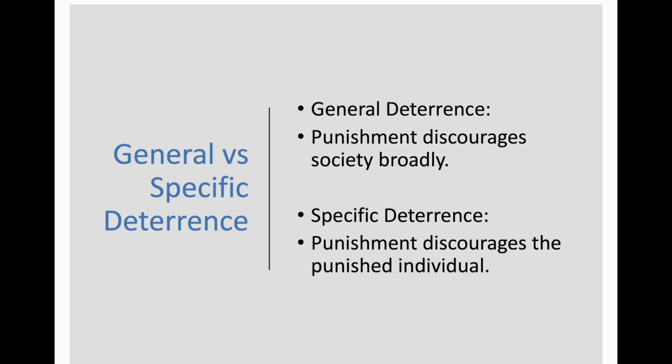So for example, if incarceration reduces crime because offenders are physically unable to commit offenses while being imprisoned, this would be incapacitation, not deterrence. If incarceration reduces crime because offenders develop new skills or values, that would be rehabilitation. If incarceration reduces crime because people fear punishment, that is deterrence. And if incarceration increases crime because prison socializes offenders into criminal lifestyles, then punishment may actually undermine deterrence. The distinction becomes especially important later when we discuss imprisonment and offending research.